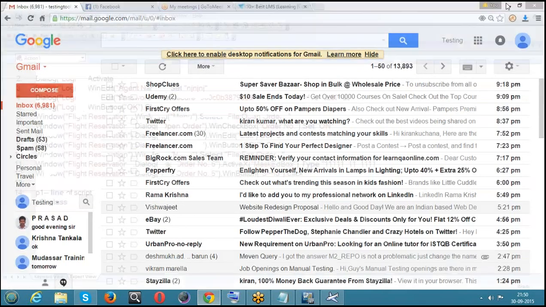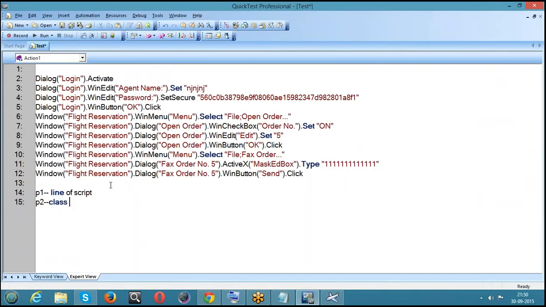Yes, the point one, as I said, for each operation you try to make, it gives you a separate line. For every transaction it will give you a separate line. The point two, what you need to observe, is that it gives you the class of an object. The proper class it is displaying. If you work on a button, it will say it is a button. If you are working on an edit box, it says it is a WinEdit. I mean to say the class of an object is properly displayed.